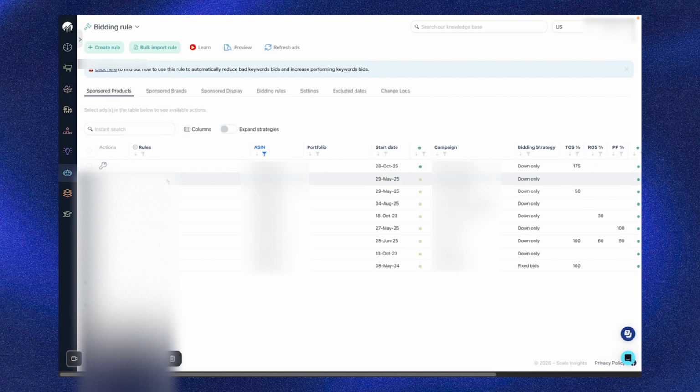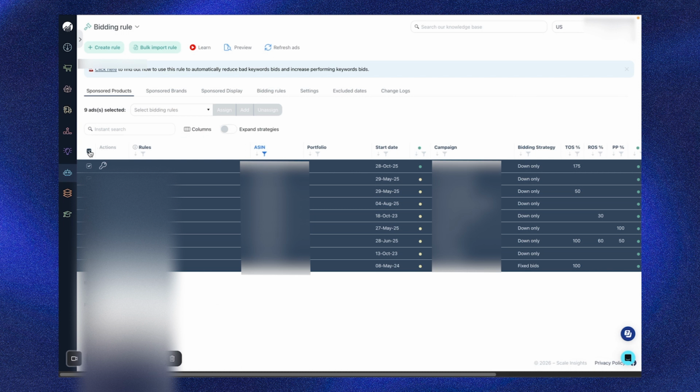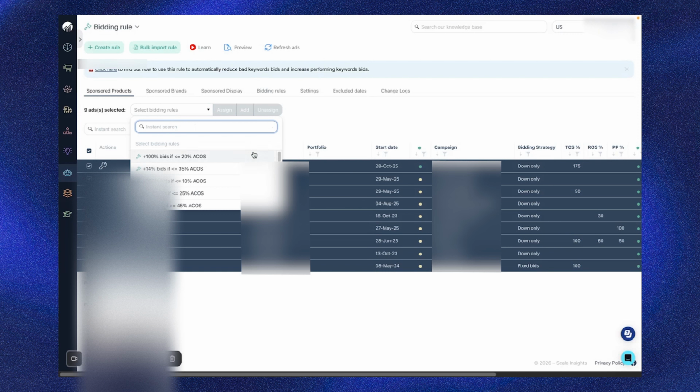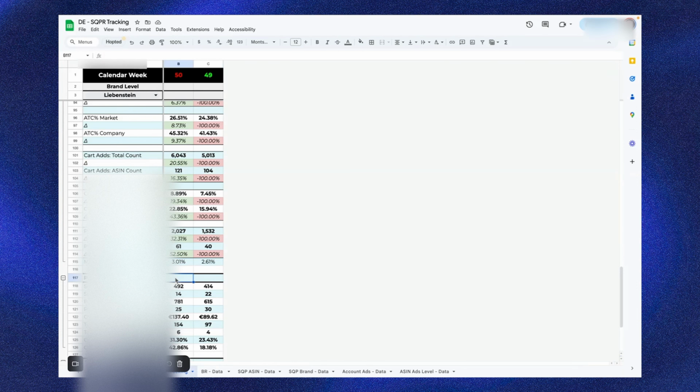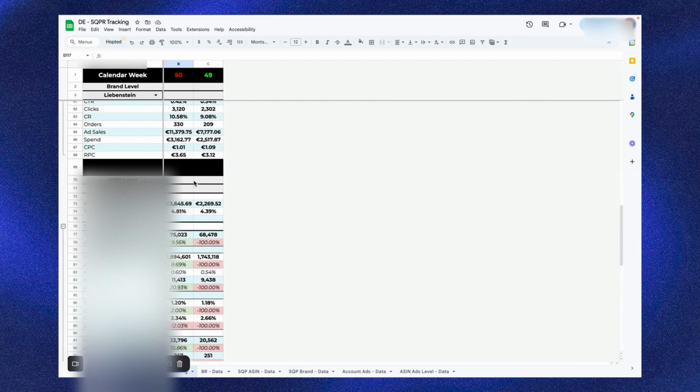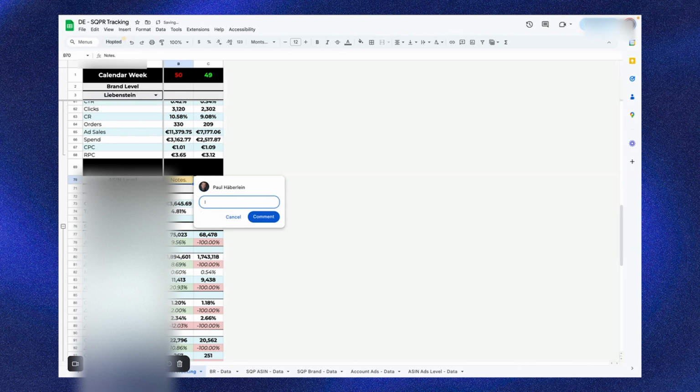And then I would select that ASIN, and the search query performance data is showing you the average of ads performance of each campaign. And then you would go here, use the rule, and just assign the rule. And then it's important that you take a note. For example, you could insert a note here that says, hey, activated automation, check if sales are improving or whatever.